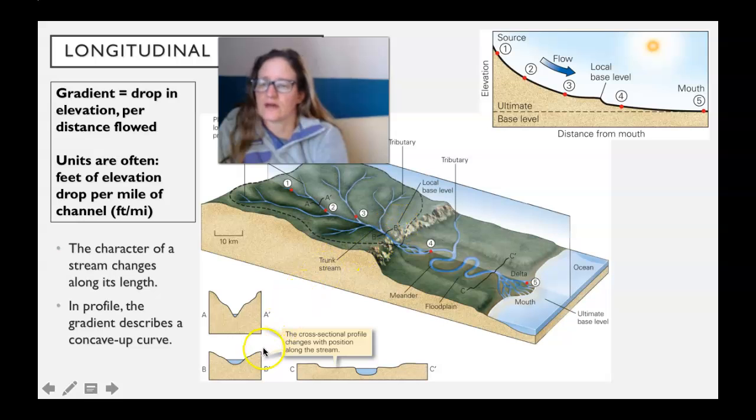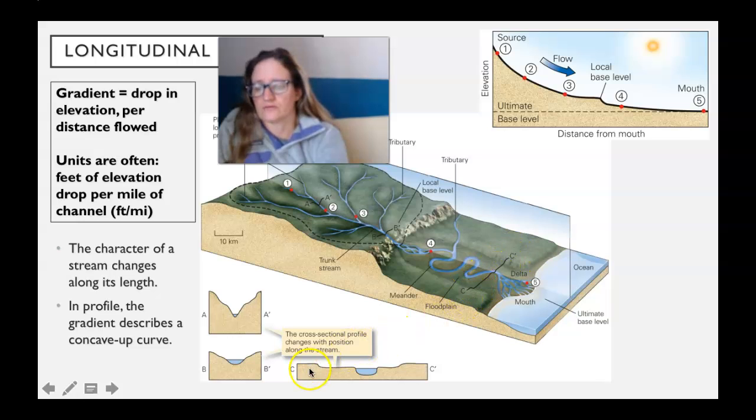Getting down to B, so we've gone from 1 to 2 to 3 to B. B is showing that the floodplain widens, the stream channel is not so V-shaped, it's more rounded. And then getting down towards the mouth of the stream at C, down towards the delta,